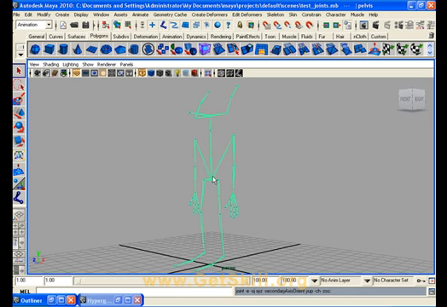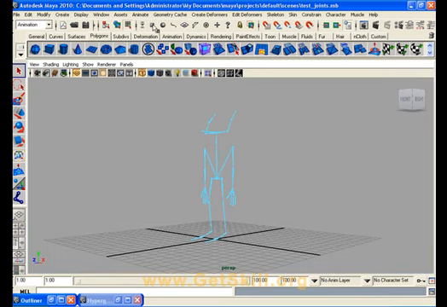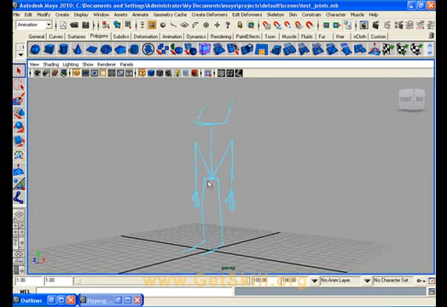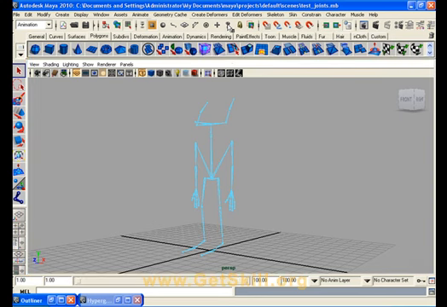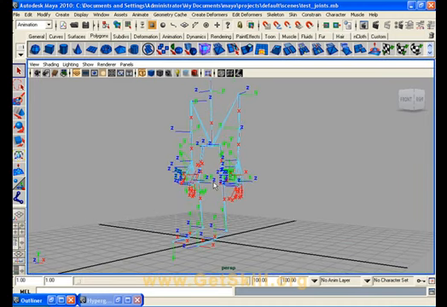Select the pelvis joint, as it is already selected. Press F8 to go to the component mode and enable the mask button. Now you are in component mode. Enable the mask button, and then click the question mark, which is Select Miscellaneous, and in this way you can see all of the